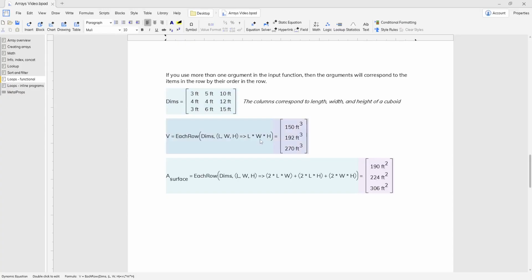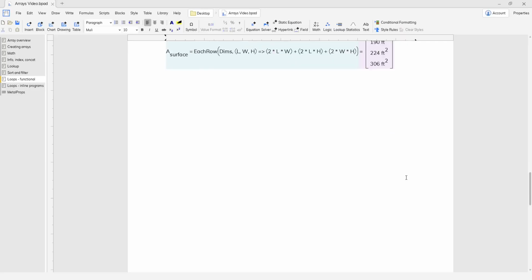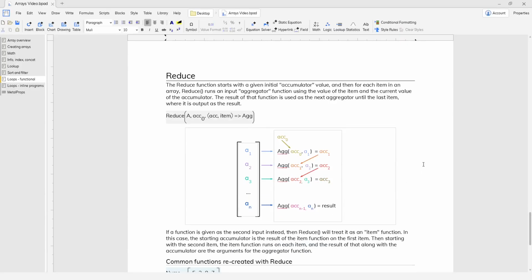So when I do L times W times H, the result of that first row is 3 feet times 5 feet times 10 feet. And then similarly here, I have LWH again, but something a little bit more complex to calculate the surface area. Moving on to the last part of this video, the reduce function is a little bit